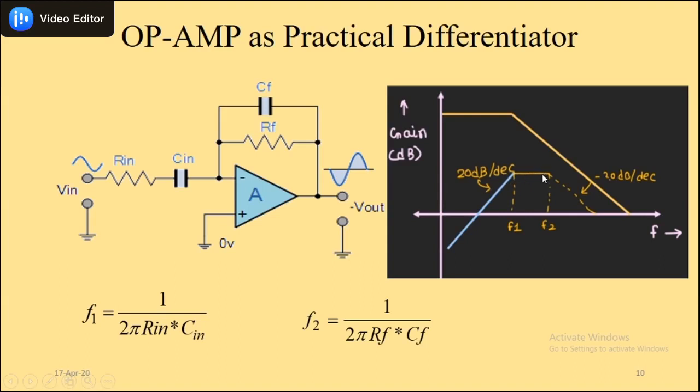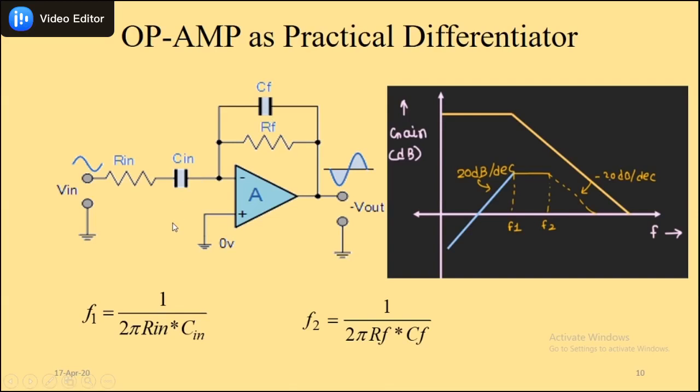So the overall gain will be nothing but minus Rf by Rn. That is why you are seeing this flat slope here. When you further increase the frequency, it will go down with a minus 20 dB per decade slope. So this is the frequency response. We can clearly see we have dealt with the extraordinary increase in the gain by putting in these small components.